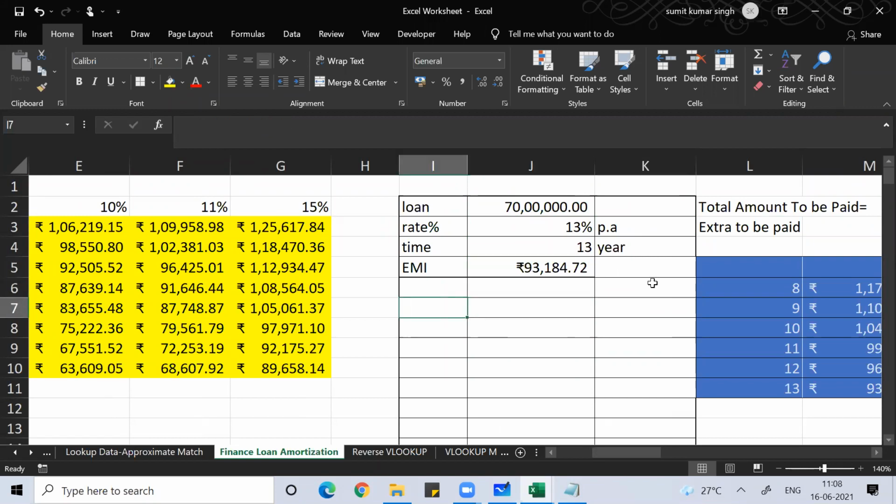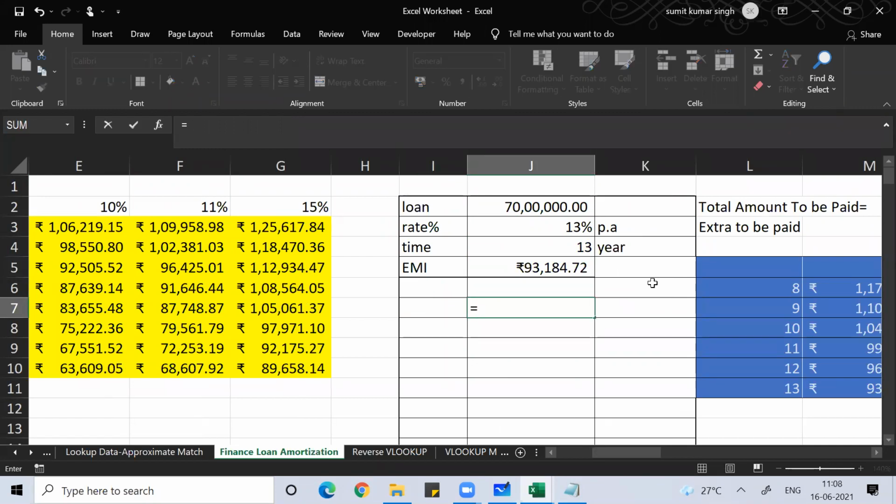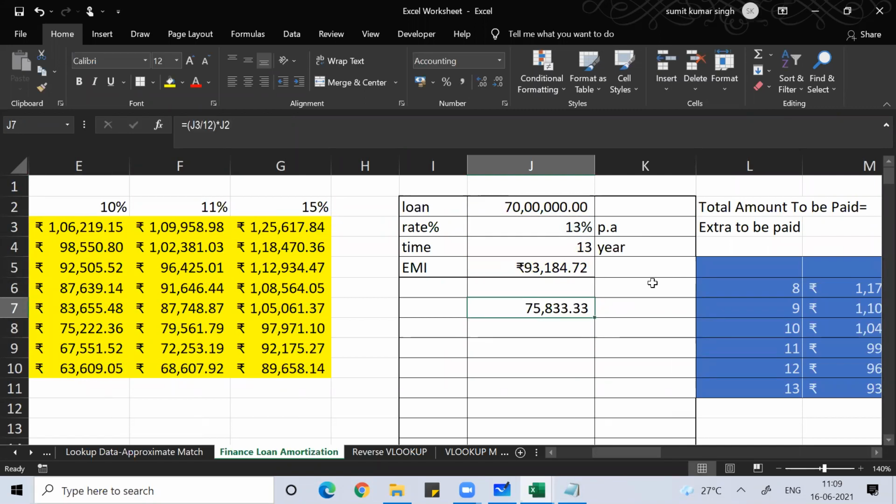Now again, the question still exists in my mind, guys. Still, I am having the same question. Sir, if your rate of interest is 13%, so 13% means divide by 12. If my loan is of 70 lakh, then 13% on 70 lakh per month, the interest should come around 75,000, sir.